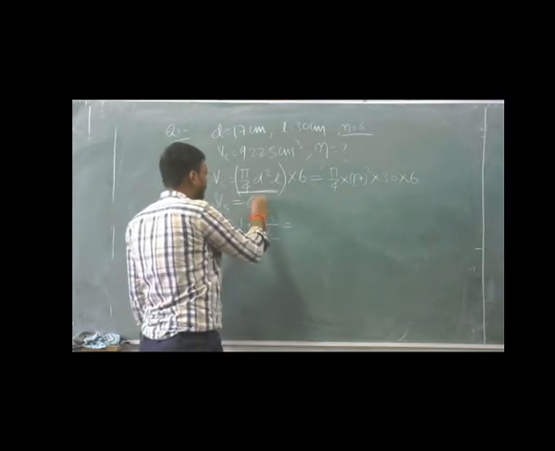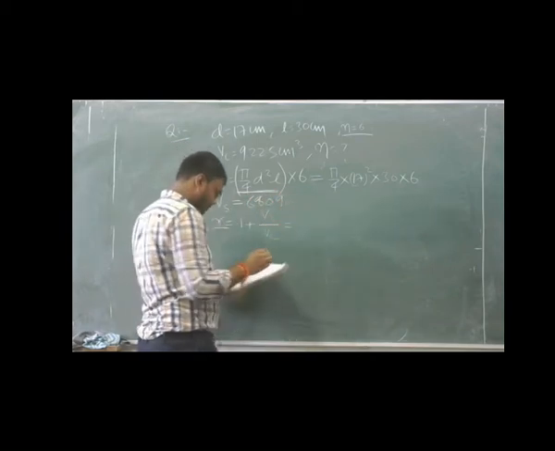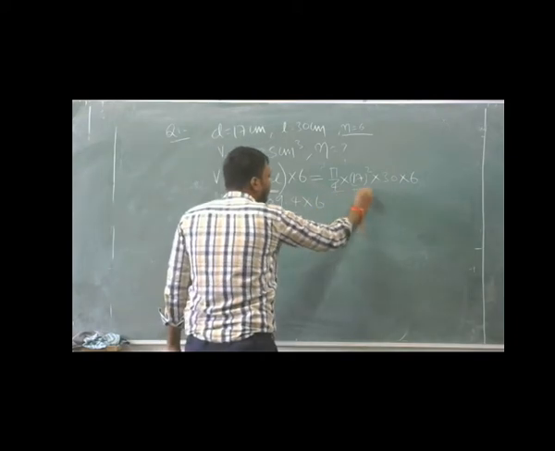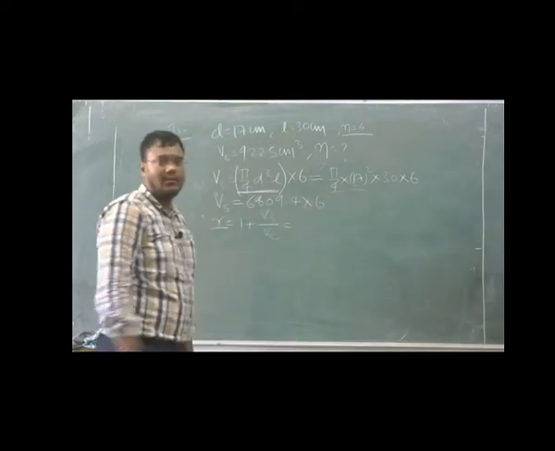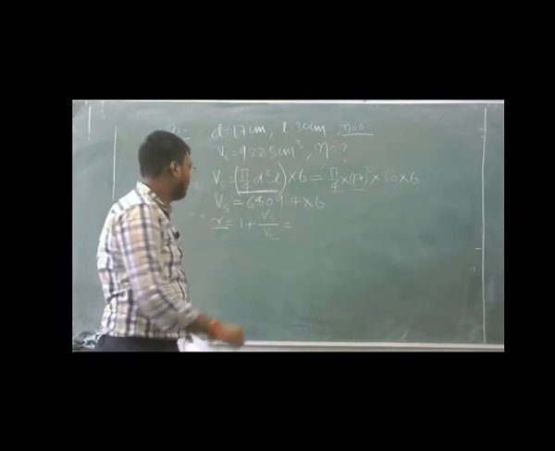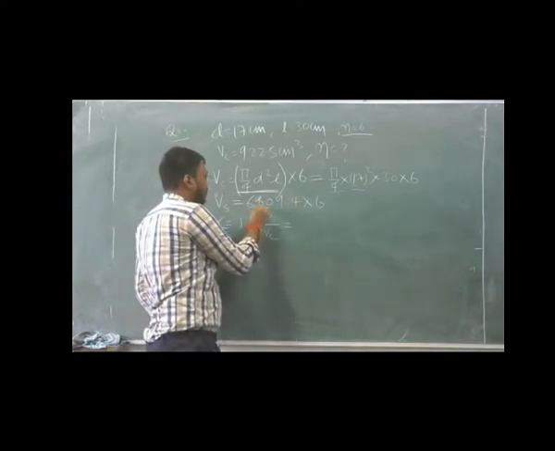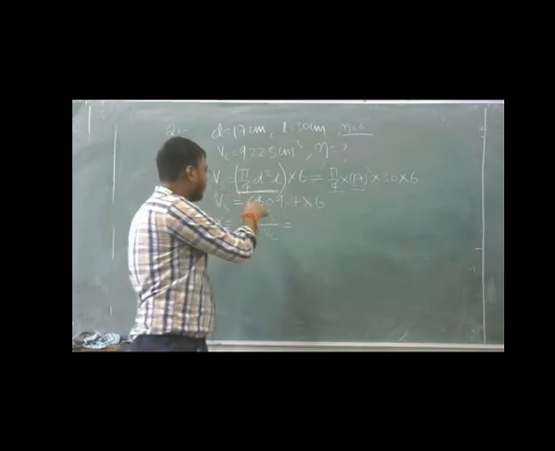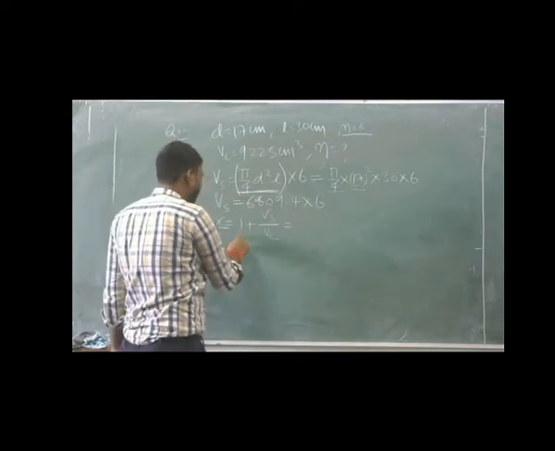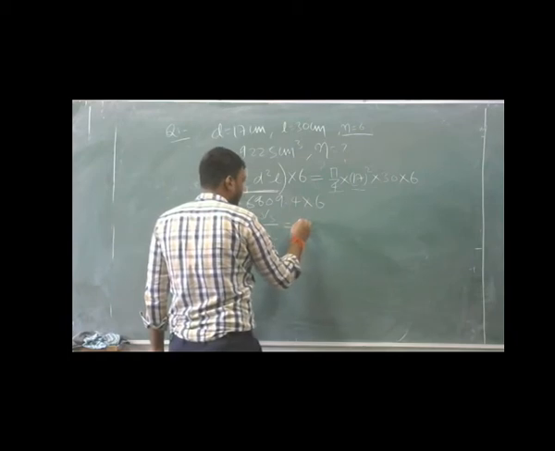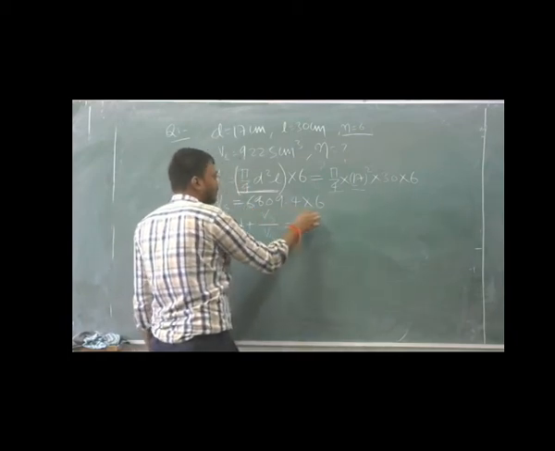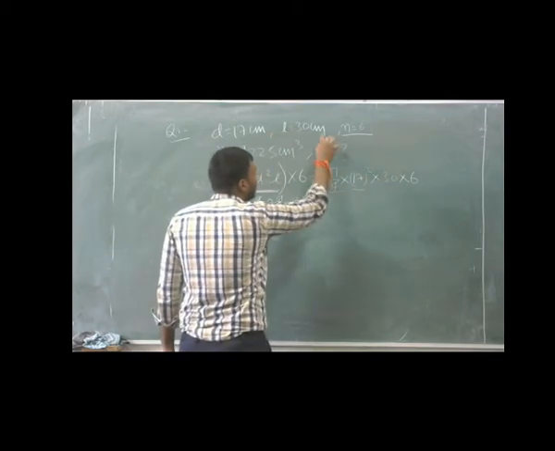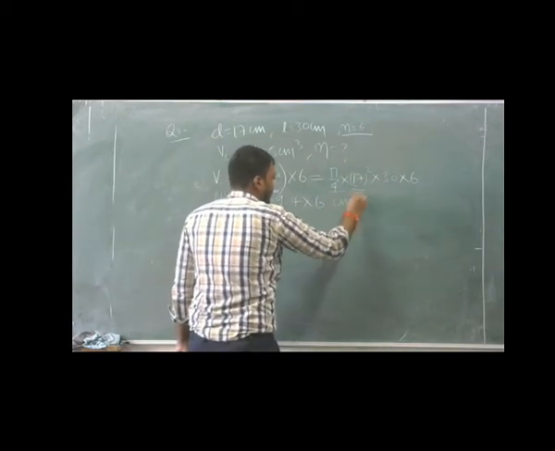It is coming to 6809.4 into 6. Calculate this with the help of a calculator, then you get the exact value. 6809.4 into 6, you check the value, is it correct or not? Now put this value here. So now what is the unit? Here 17 is centimeter, 30 is also in centimeter, so the unit will be centimeter cube.